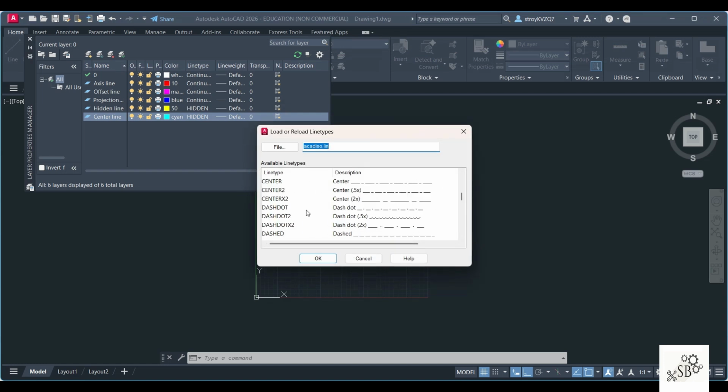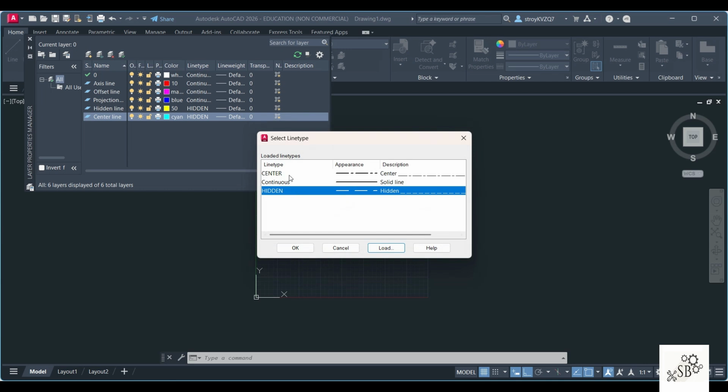Now the explanation which I gave you for hidden is applicable to center line also. You can see the size. This is the general center line that we draw. Then you have a smaller one as compared to the ones which we draw, or the larger one as compared to the one we draw. So it is either 2 times or half of the line size we draw. We will take up the normal one which we take.